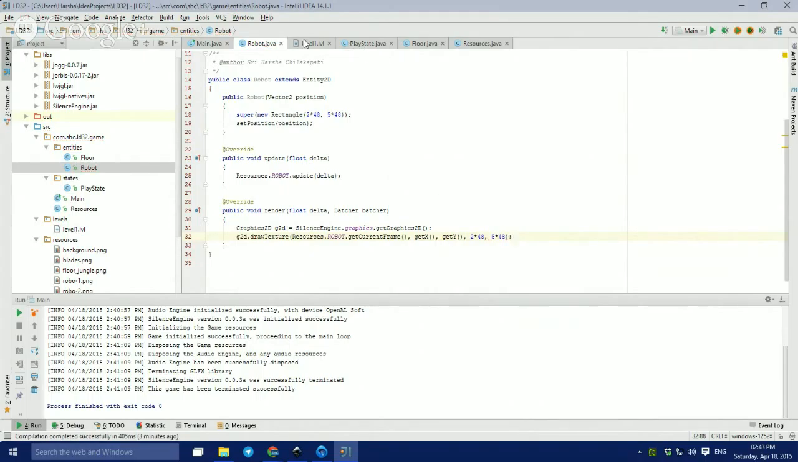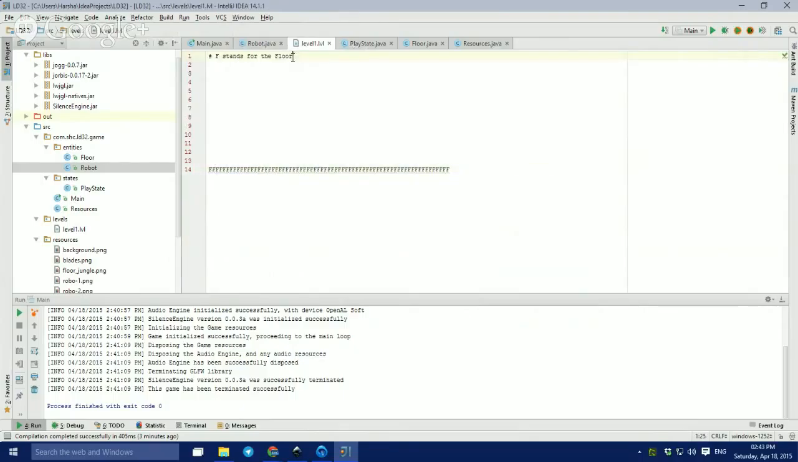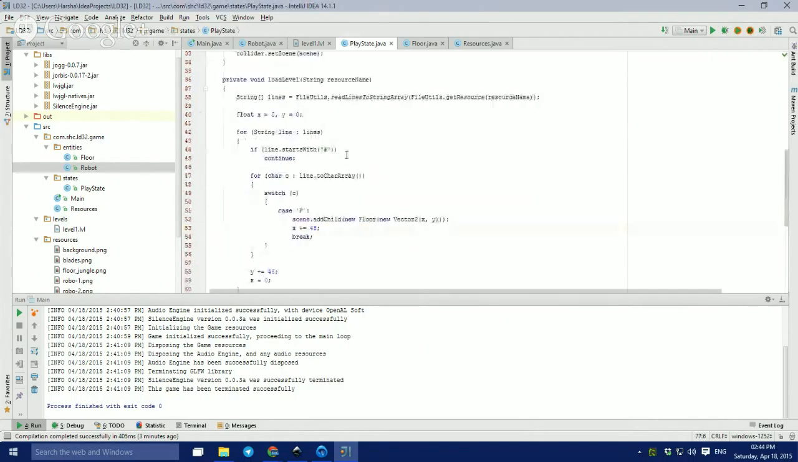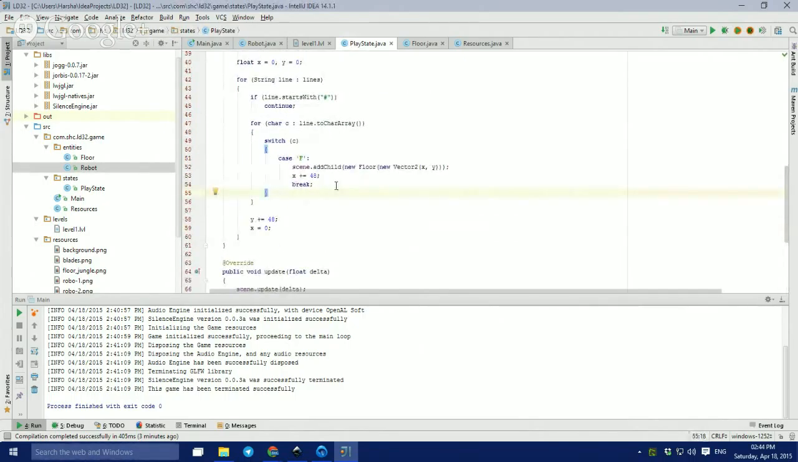Okay, now in the level, add a new character. R stands for the robot, and it takes 5 cells. So 1, 2, 3, 4, 5, and add it here. So now go to the main state. Okay. Case F, case R,